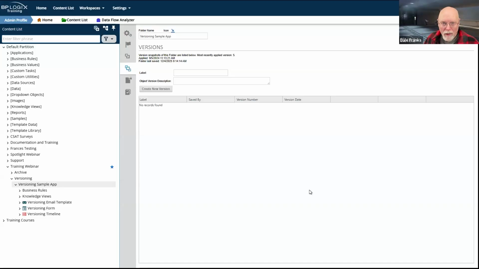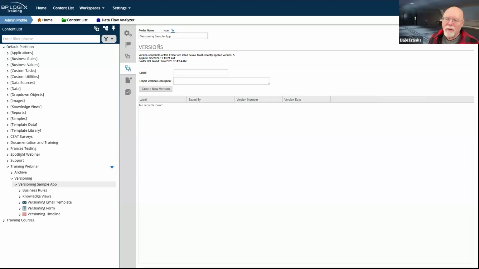That way, if you go in and make a change, and that change turns out to be unfortunate, it messes something up, you accidentally delete a form control, what have you, and then you decide, oh, I really need that form control back, then fine, you can just revert to the versions.